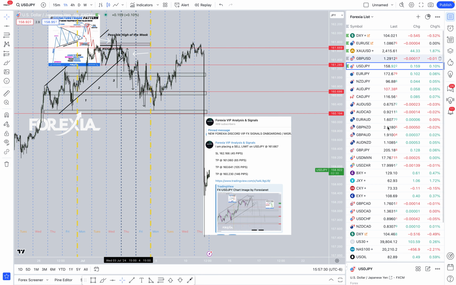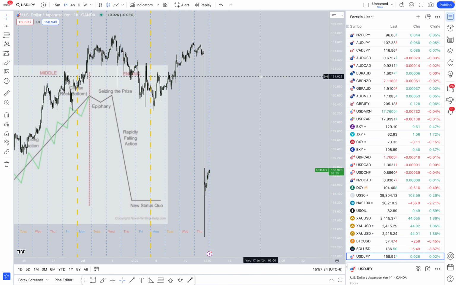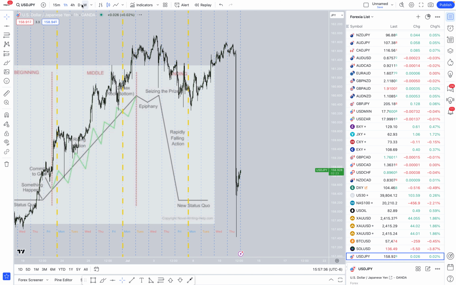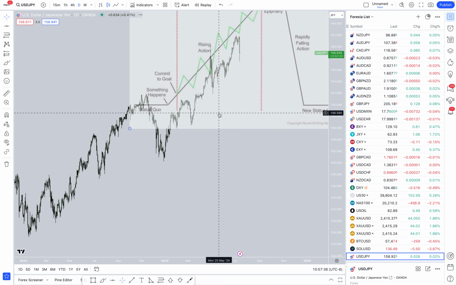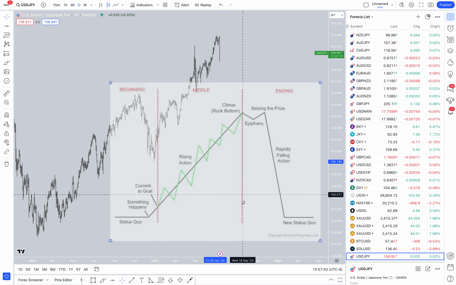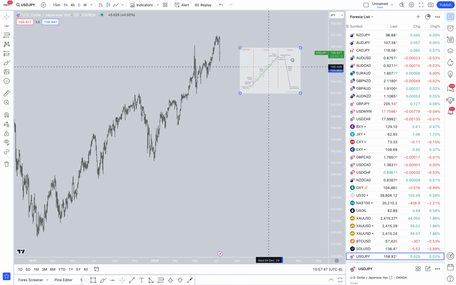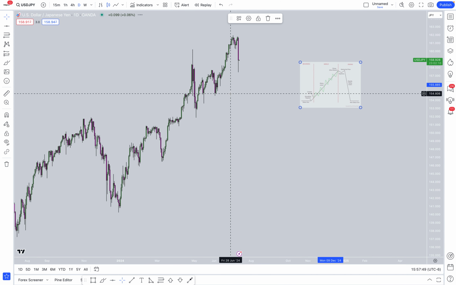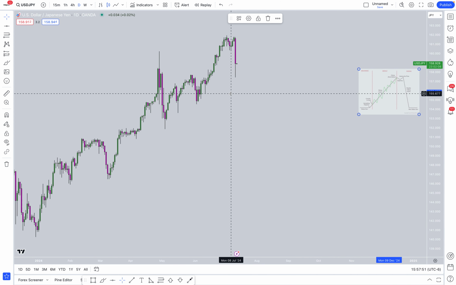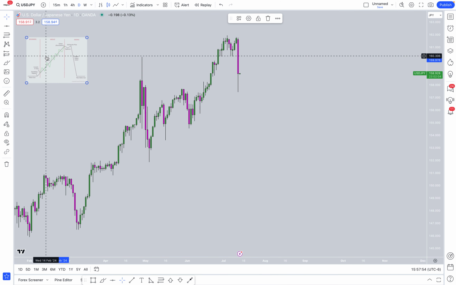So firstly, what I'm going to do is zoom out. I'm going to go on a graph that is a little bit cleaner. If we were to zoom out and look at USDJPY on a higher time frame, for example here the daily time frame,